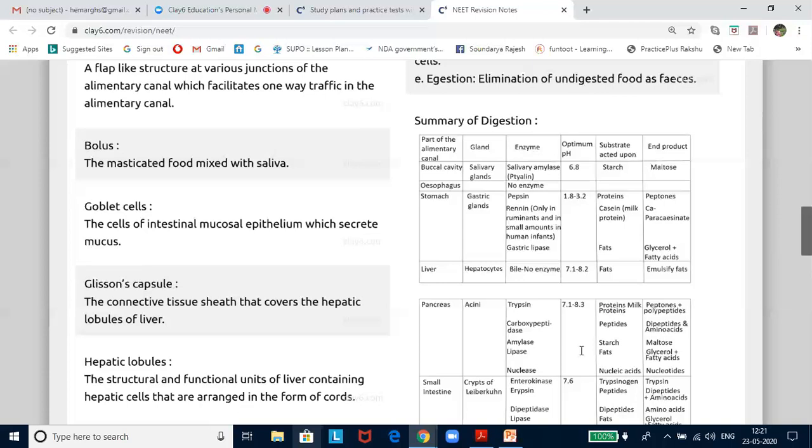And sometimes what happens if you're eating dry bread or a chapati, if it is too dry, there will not be enough secretion of saliva and you will find it very difficult to swallow. At that point of time, these foods fail to trigger off the secretion of saliva. You will drink plenty of water and then gulp the food. Mucus of the saliva moistens and dissolves some of the food and lubricates the esophagus.